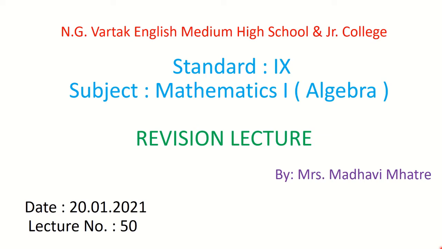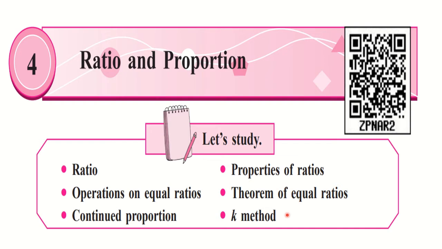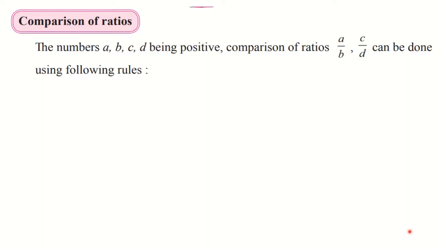In the previous lecture, we have completed up to practice set 4.1. You know that your fourth online assessment is there next week, and for that you have chapter number 4, that is ratio and proportion. We have completed up to practice set 4.1, and in that we have seen the meaning of ratio, and we have seen properties of ratios, and all the questions based on these two topics we have solved. Now let us go further towards the next topic.